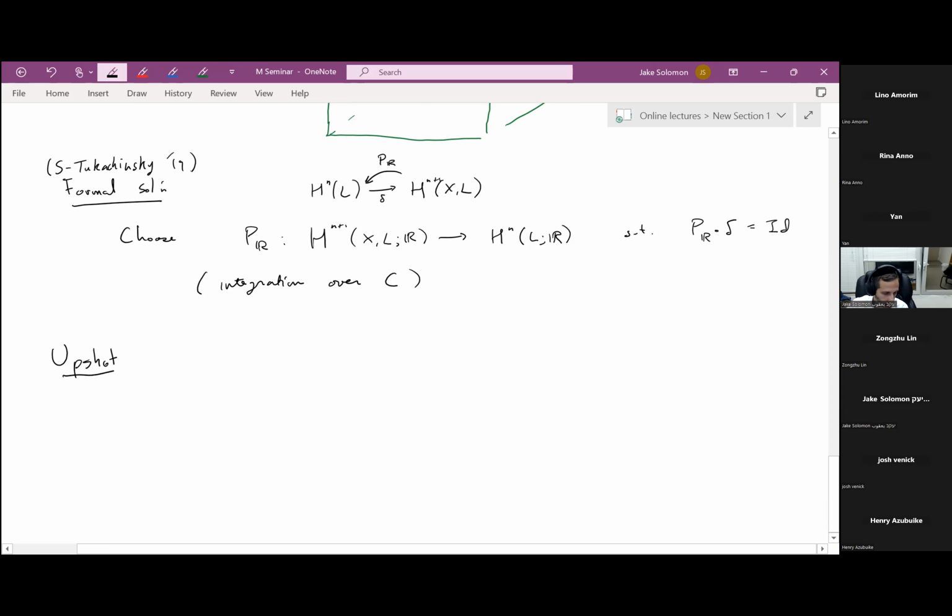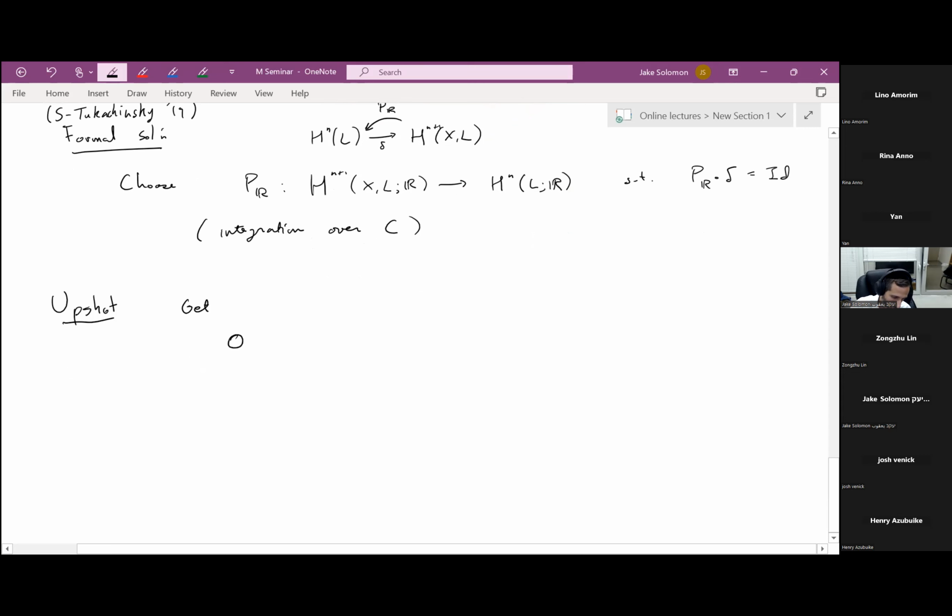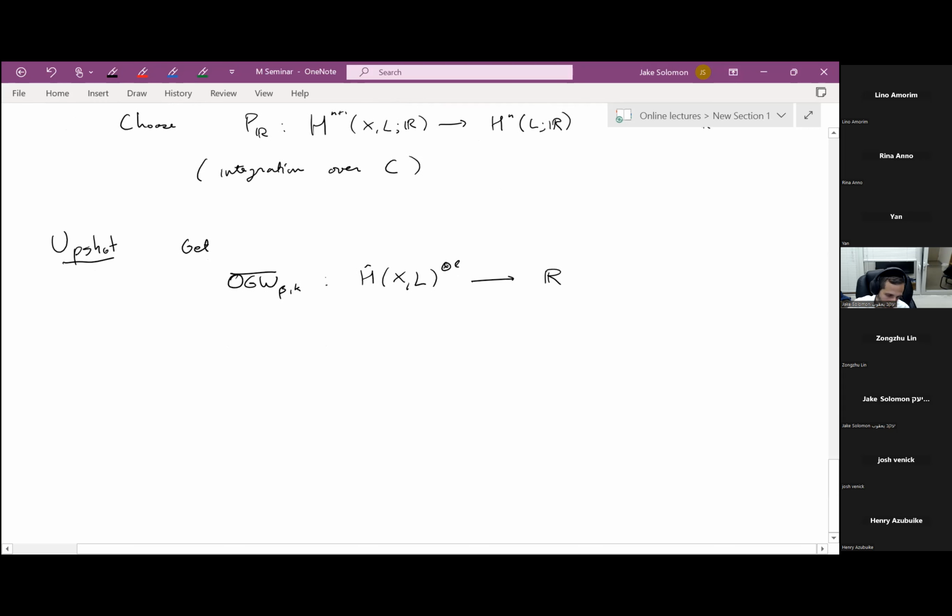And the upshot is that we get some invariants which a priori give you a real number, because this formalism uses differential forms and stuff. We need cyclic symmetry and